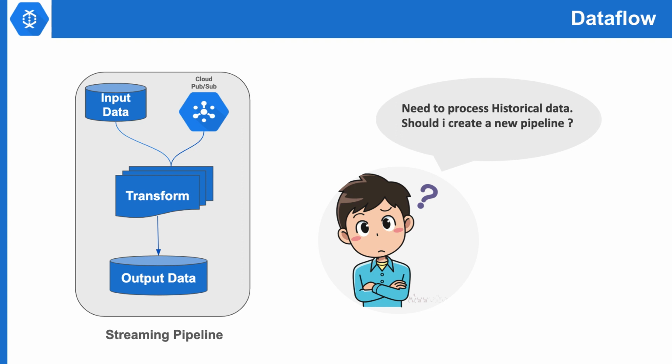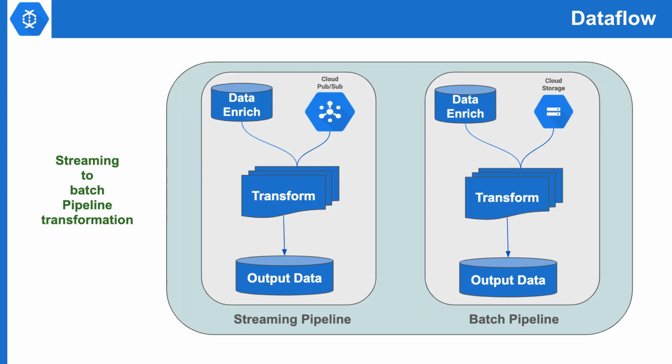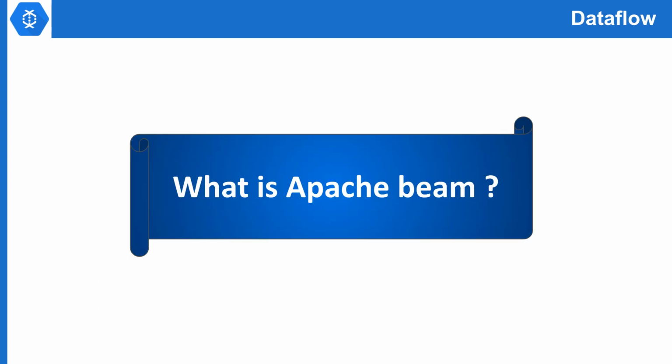Don't be sad. Dataflow allows us to perform both batch and streaming work with the same code base. We just need to change our input data sources. So here you can see both streaming and batch pipelines have the same code. The only difference is the input source. The streaming pipeline has PubSub as the input source, while the other one has Google Cloud Storage as an input. In the upcoming slides, we will talk about how Dataflow internally works when we run the same code in batch and streaming mode. Now the next point is Apache Beam.